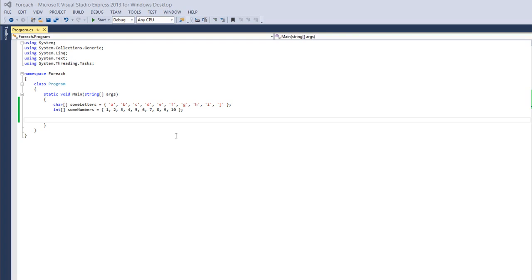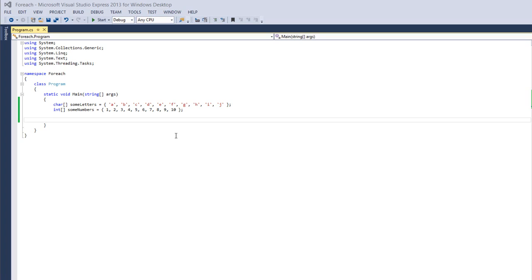to finish. When we use a for loop to go through an array, we have a variable that determines the index and we know where we are in the array. Sometimes though, we just want to go from start to finish and we really don't care which element we're on